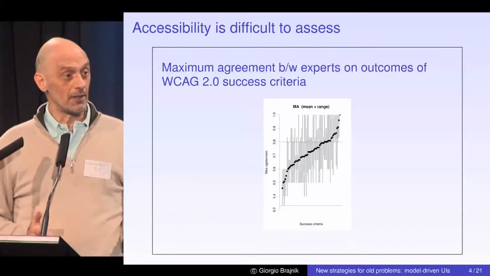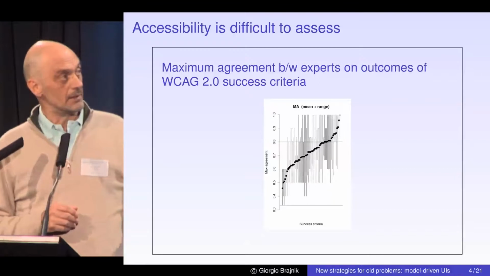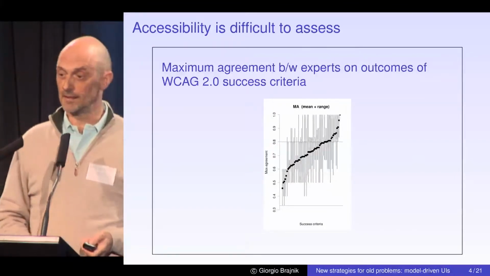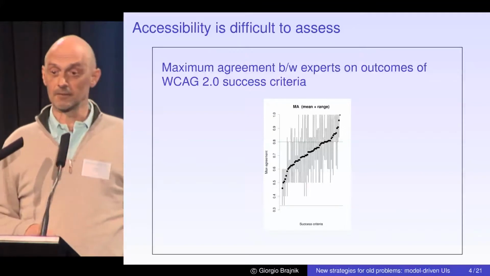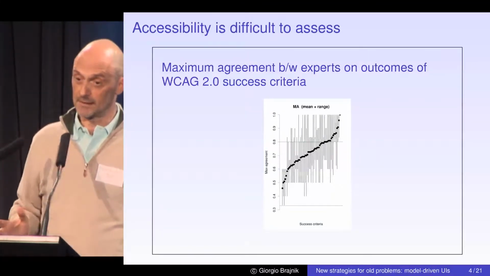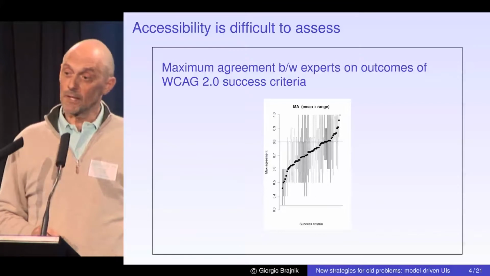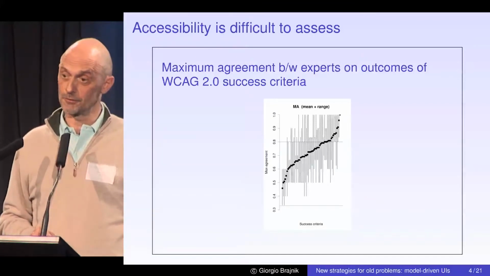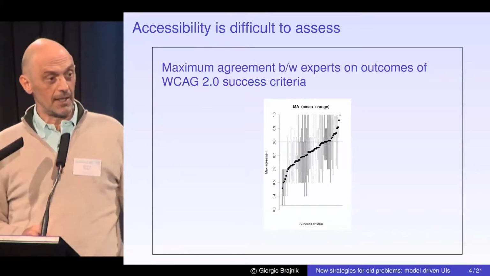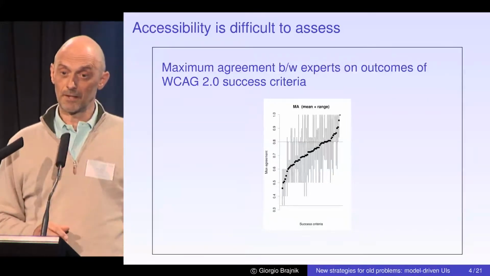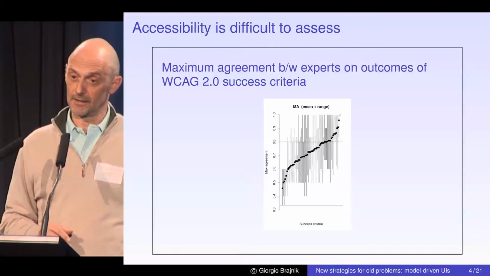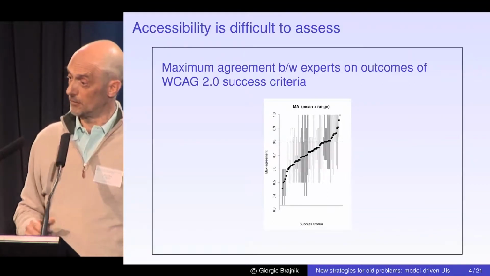Accessibility is also a very difficult thing to evaluate. This is a chart that has to do with an experiment we did 3 years ago. We asked more than 30 experts in web accessibility to use the WCAG 2.0 success criteria, and tell us on a certain fixed set of pages which criterion was failed, passed, or not